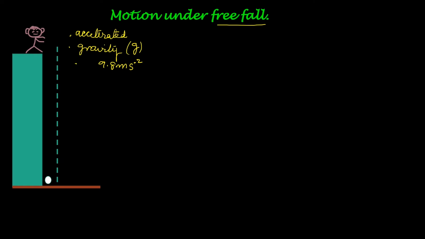Acceleration is rate of change of velocity. So each second the velocity is increasing by this value of 9.8 meter per second. I will explain it further. When the object is released from the top position from rest, its initial velocity u is equal to 0. During the first second, its velocity becomes 9.8 meter per second. By the second second, the velocity increases by this quantity, that is 9.8 meter per second. That is, it doubles and it becomes